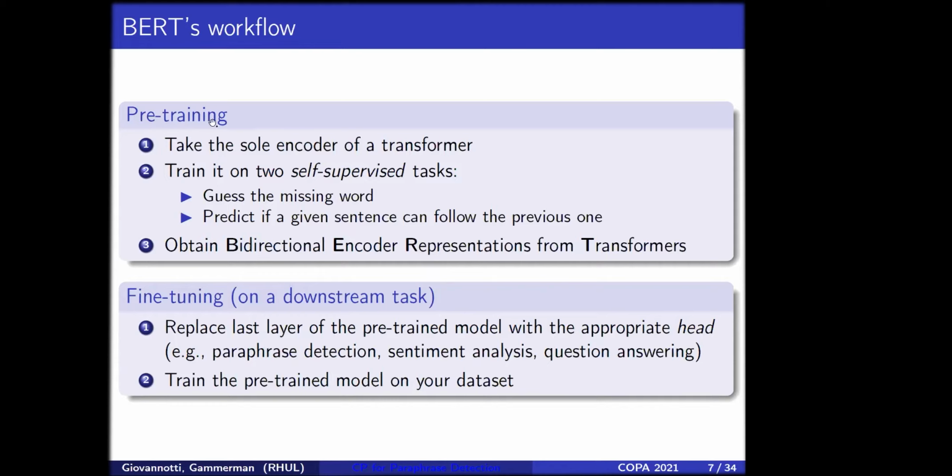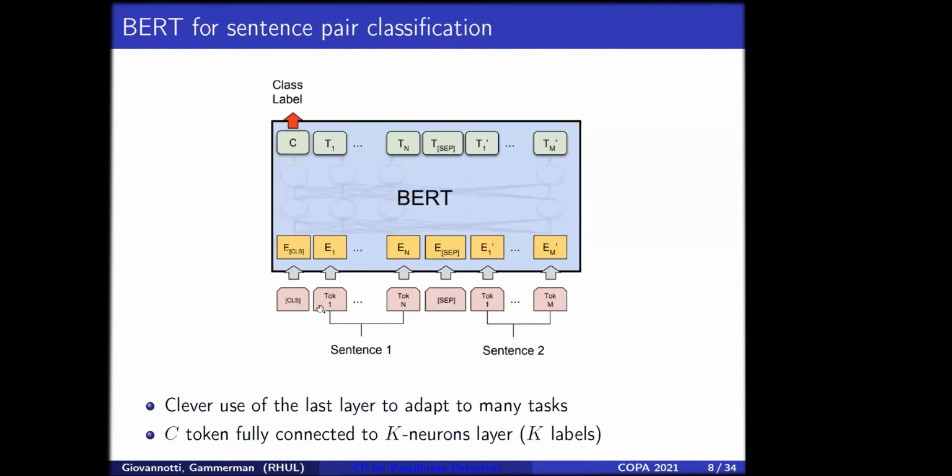And this is exactly what we did. We took a pre-trained model and fine-tuned it on a paraphrase detection dataset. This is just a graphical depiction. We get our two sentences as input, and after a bunch of matrix multiplications and feed-forward layers, we get some encodings and an encoding for the class, which could be either 0 or 1. This is the token we will be using for classification.